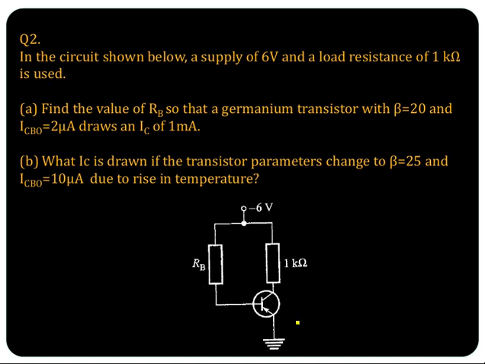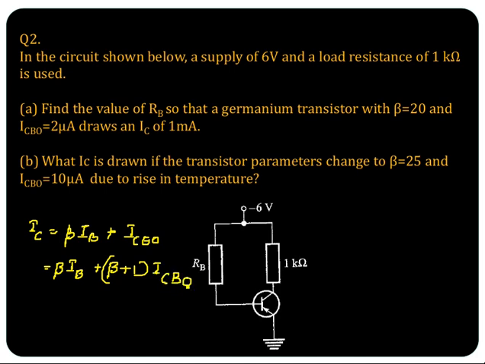Okay, so from this circuit, the first thing that you can do is write down the equation for collector current here. What is the equation for collector current? IC equal to beta IB plus ICEO. We have to consider ICEO here since ICBO is given in the question. So what is ICEO in terms of ICBO? It is beta plus 1 times ICBO. You cannot make approximations here. You have to find out the values since they are given in the question.